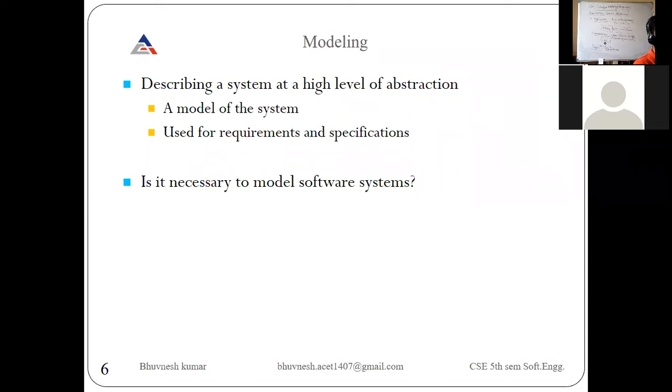That is abstraction, and that is why the name given is modeling. A model of the system is designed using a modeling language, used for requirements and specification. These models are used for requirement specification as well.